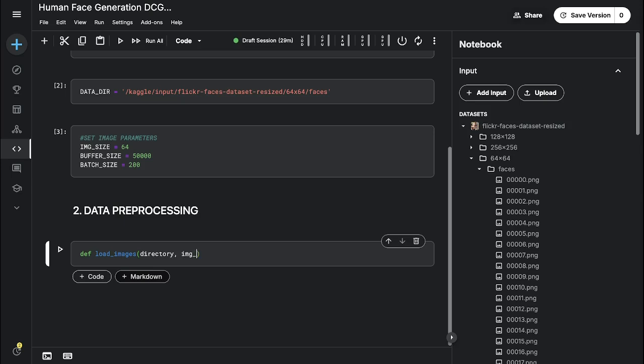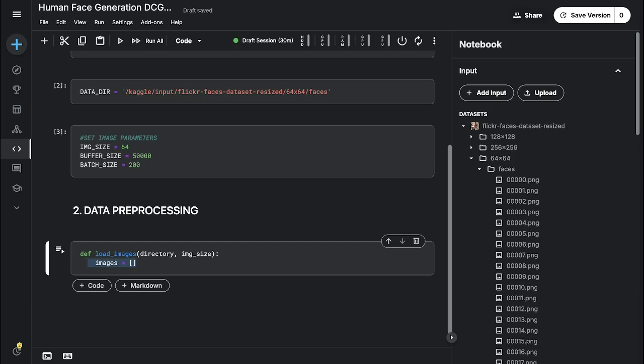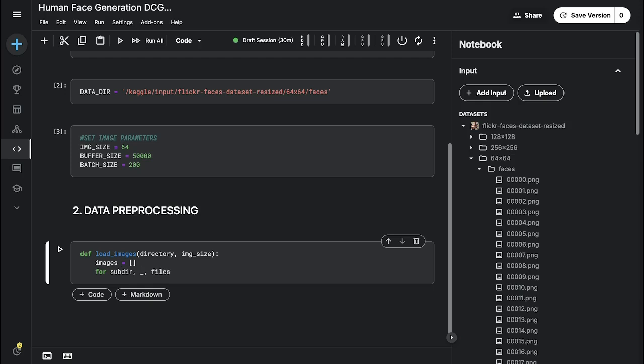Now coming in this function, first we will create an empty folder in which we will append our preprocessed data, which is this. So in this images folder we will be appending our preprocessed data. So here we will say for subdirectory, comma, files in os.walk